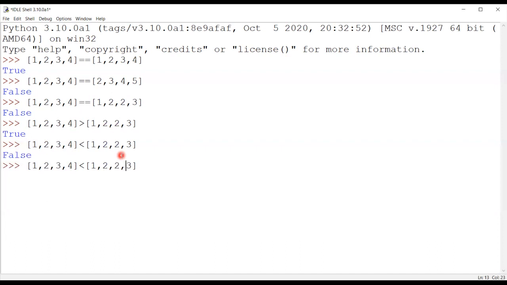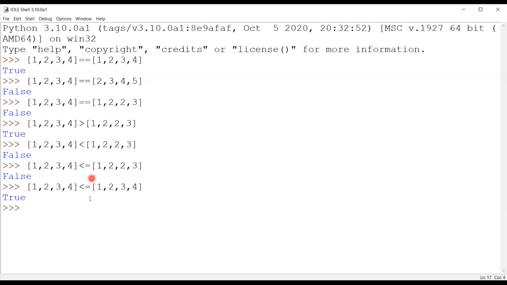Now, if I say less than or equal to, then also I'll get the result as false, because my list is neither equal nor less than the other list. But yes, if I write [1, 2, 3, 4] is less than or equal to [1, 2, 3, 4], I'll get the result as true, because both the lists are not lesser or greater than each other, but they are equal to each other.